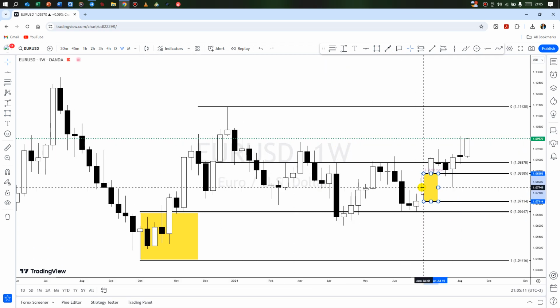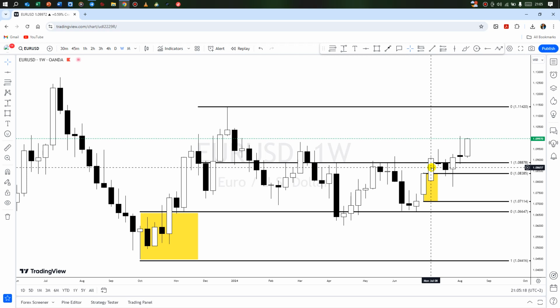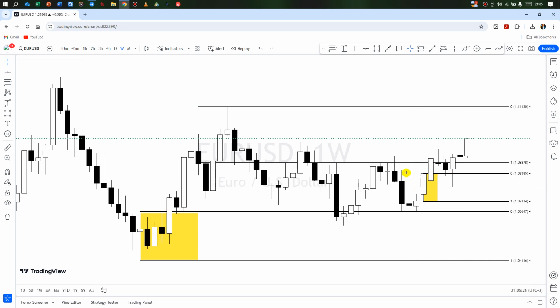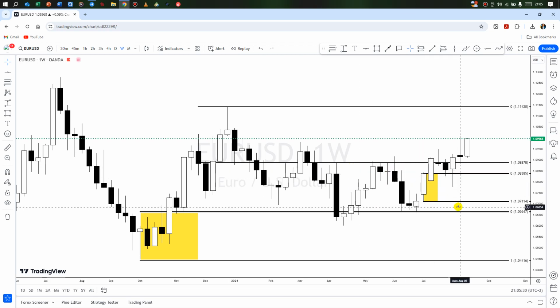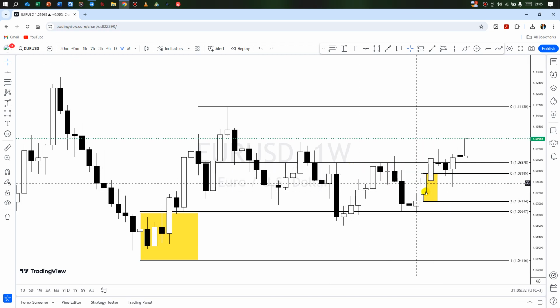So as you can see here, as the price was going up, it left some liquidity around this area here, then continued rallying in a significant manner. Then the price came to retest the level, as you can see. This was the first reaction to the level, which we will see on the daily time frame if it will be visible, right? So you can see that the price is rejecting from a hidden weekly demand zone around